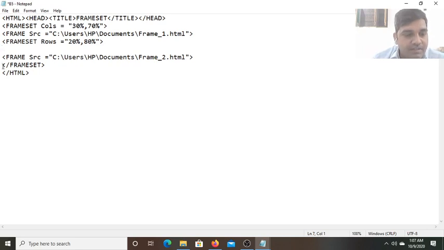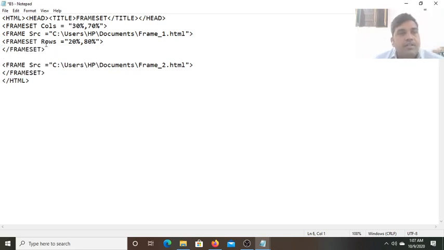Let me copy this. This we can paste it here. Now this frameset open and close. This is the first frame. Now this second frame is divided into two vertical. Now there you can use this frame. We can represent one thing here and the other thing.